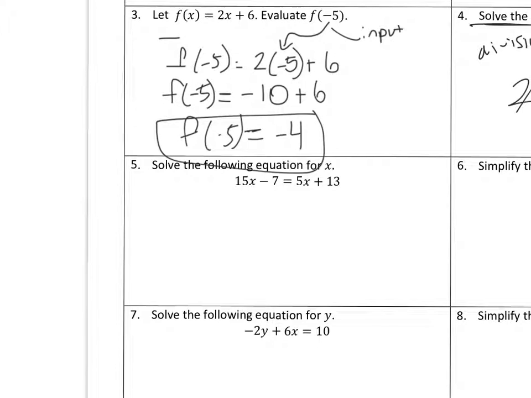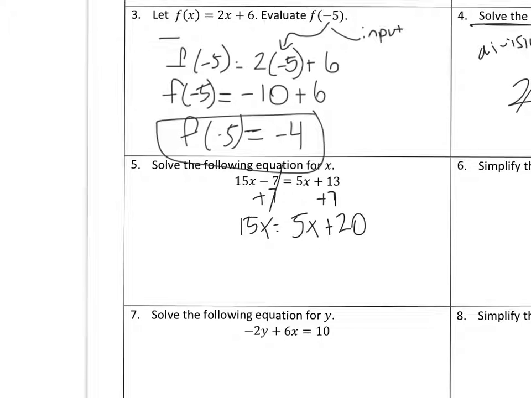Question 5. Solve the following equation. Inverse order of operations. So I need to move the variables to one side and the constants to the other. So I'm going to add 7 to both sides. And remember, notice how I wrote 7 underneath the 13 because that's the like term. Those are the two constants. The 7's simplify out on the left side, which leaves me with 15x on the left and 5x plus 20